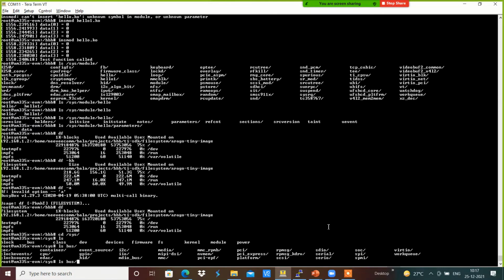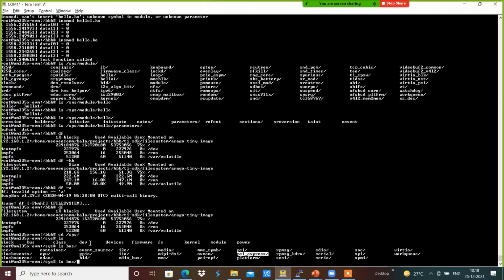For example, we can see here we have the I2C bus, we have the IIO bus, industrial IO bus, we have the GPIO bus over here, we have PCI Express, we have USB, and all this information with respect to the bus we can get with sysfs.